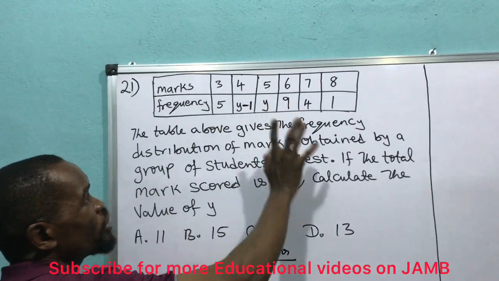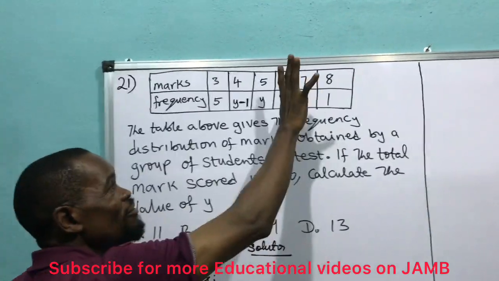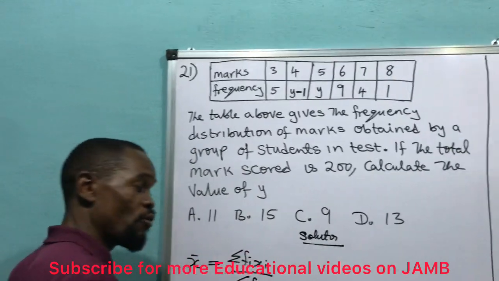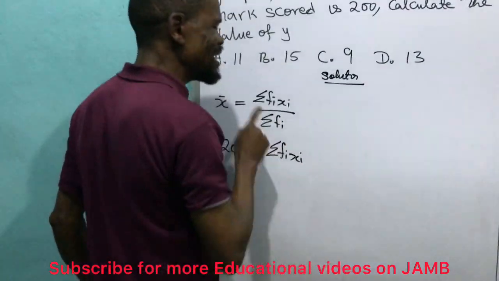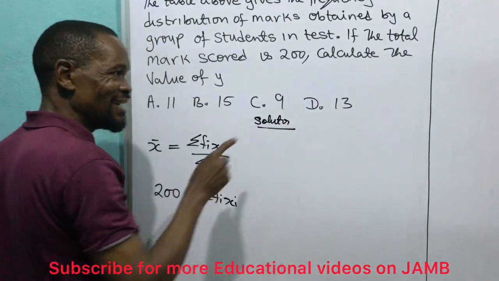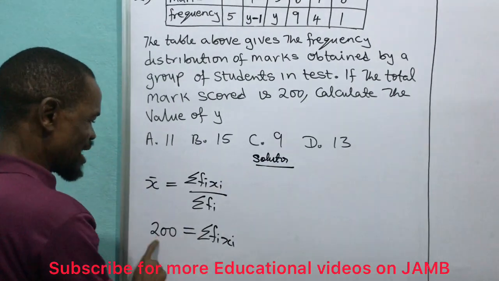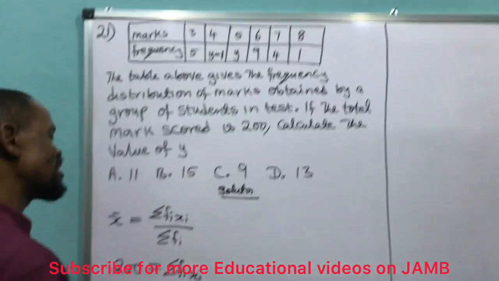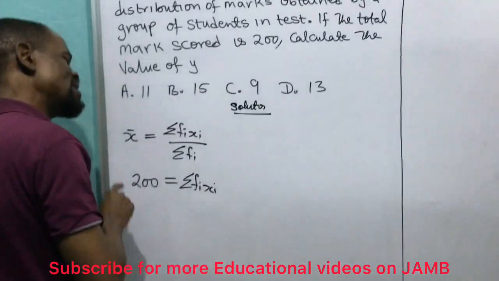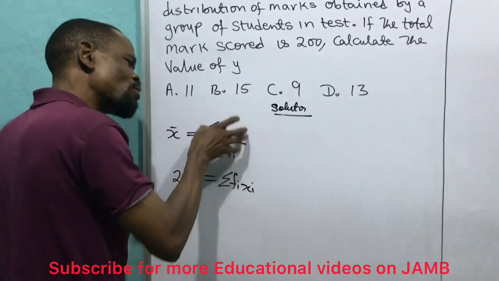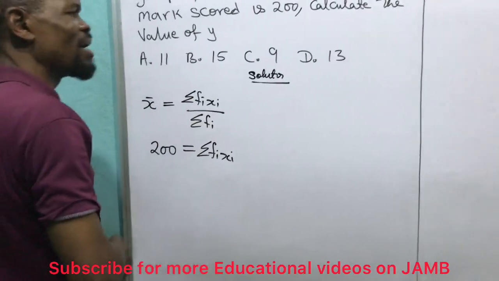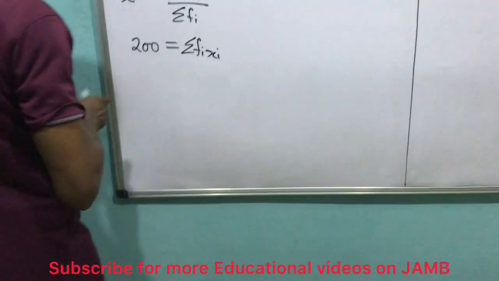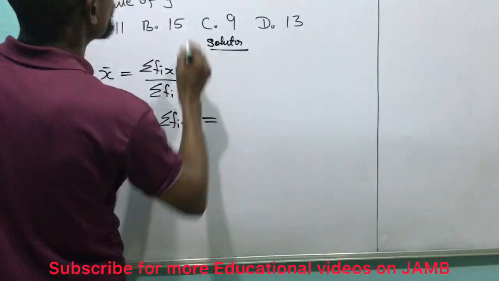Anytime they give us the number of marks, they are giving us the total number of marks, and they told us that the total is 200. So 200 is equal to this, which is the number of marks. We don't need the mean. What they told us is that the total number of marks is this. So we go ahead by saying that this is equal to